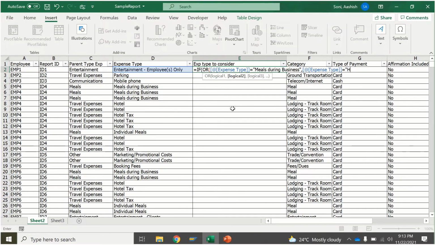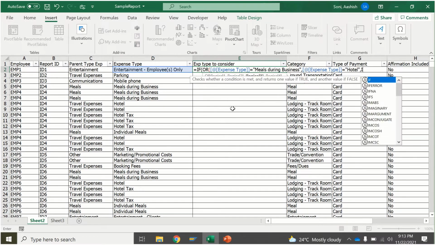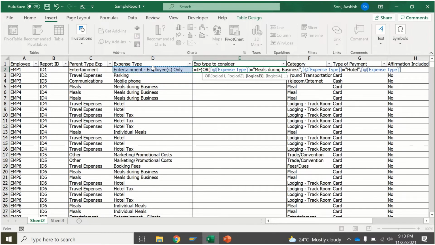It was hotel, and then again I'll write if expense type is equal to individual meals, okay, comma, if this is equal to parking, okay, comma,